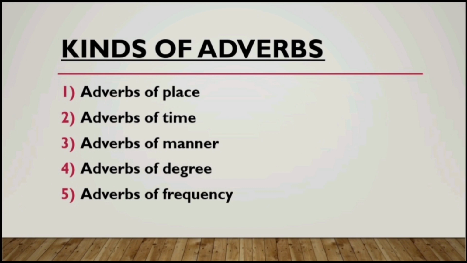There are basically 5 kinds of adverbs. The first one is adverbs of place. The second is adverbs of time. The third one is adverbs of manner. The fourth one is adverbs of degree. The fifth one is adverbs of frequency. We will do each of these kinds in detail in the upcoming videos under the playlist of adverbs in English